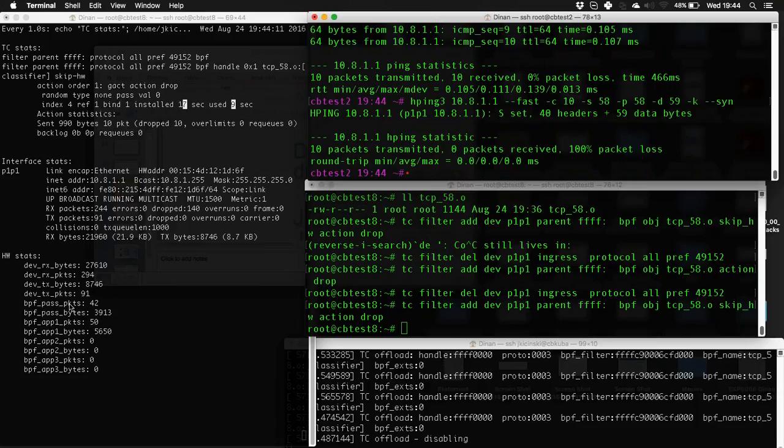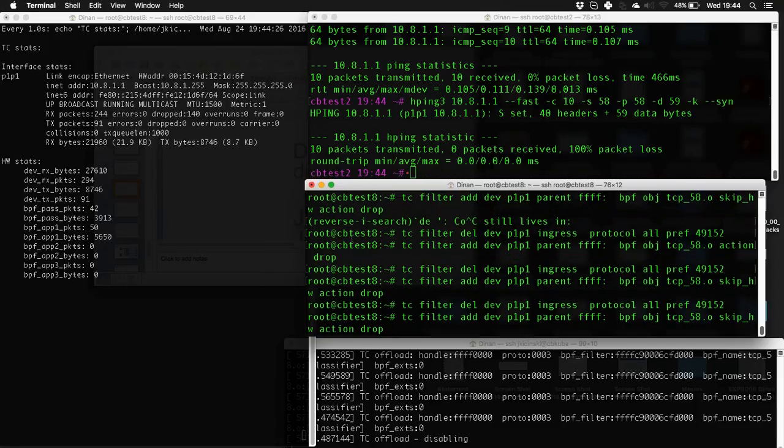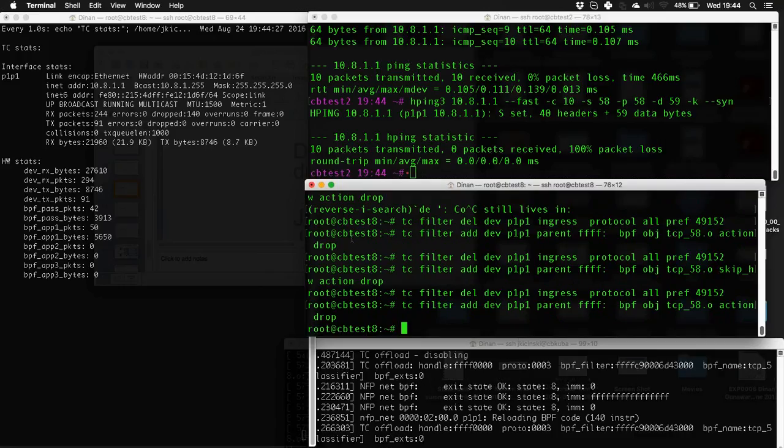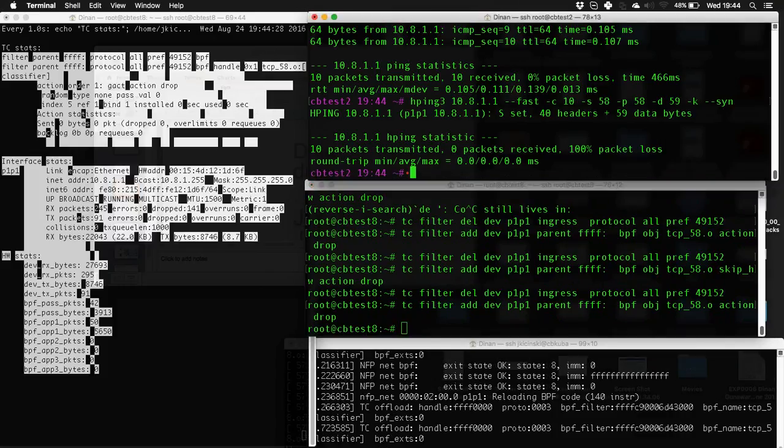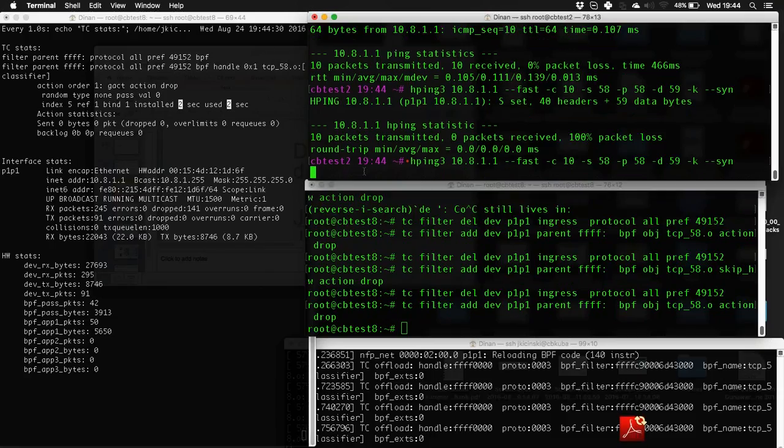The statistics that are associated with BPF are the latter ones, the BPF pass and the BPF application counters, and they are not incremented, as I can quickly show again. Let's just add with no flags. And then we can see that both those statistics and the statistics for the app are incremented.